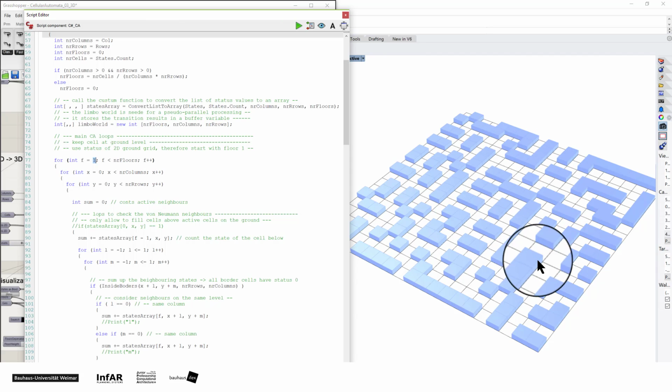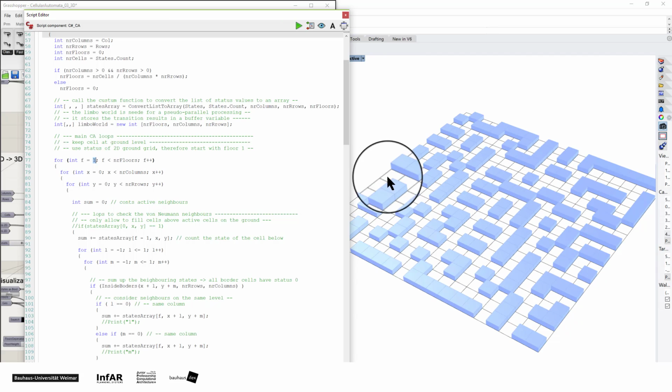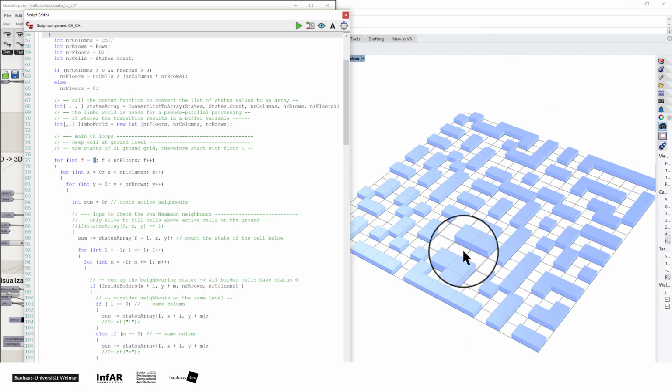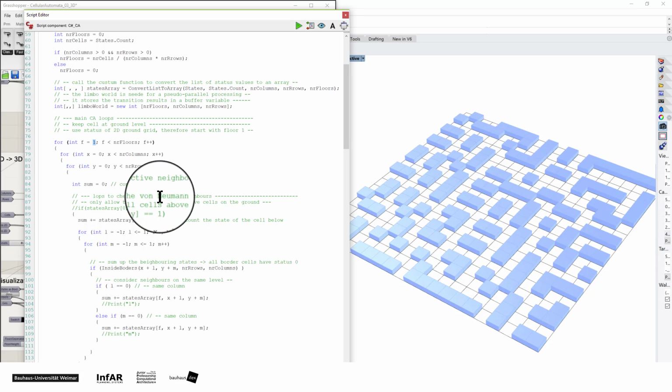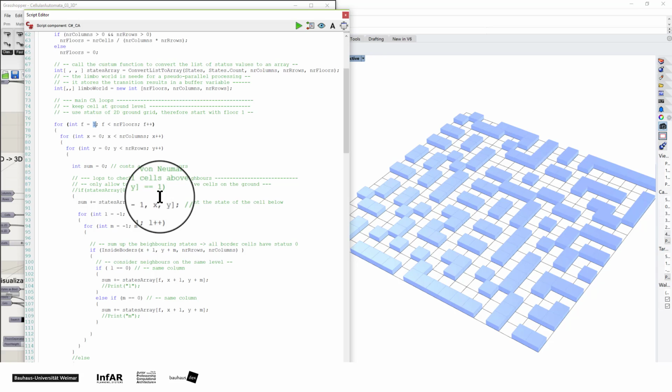Means I don't want to change the ground floor. This will be kept always the same. But from floor number 1 we start with the real 3D rules. The rest is the same as you know it from the 2D automata, but as we may expect, what we change is the